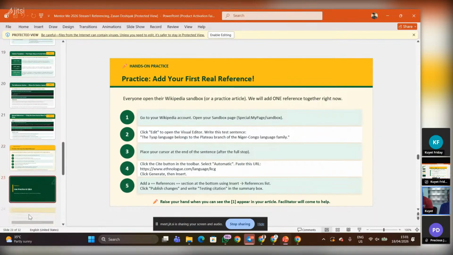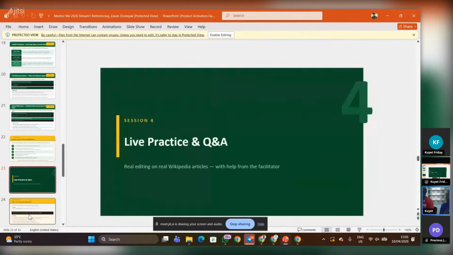So now, question and answer. If you are working on your samples, whatever you do doesn't reflect on the live article. Yes, until you remove your